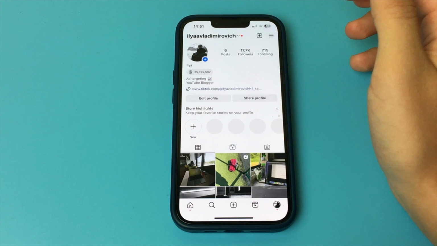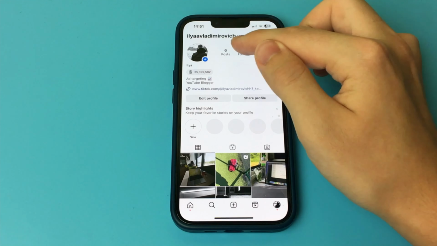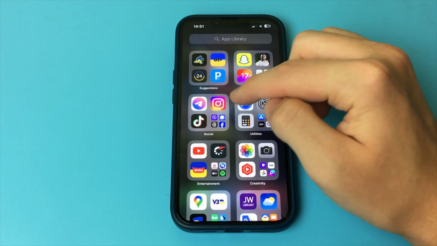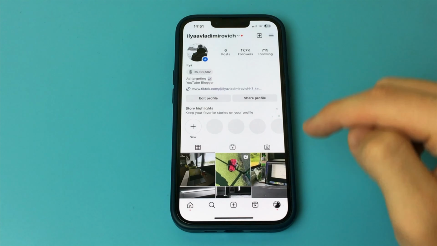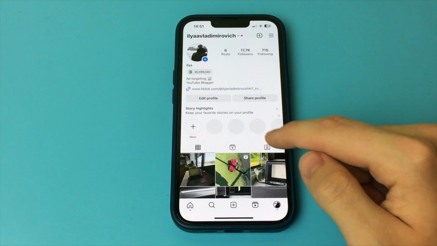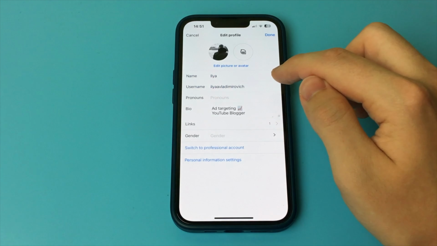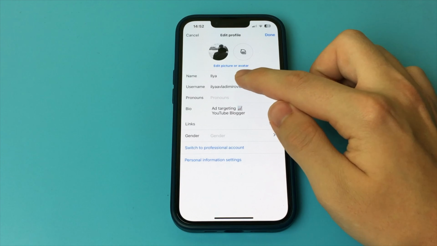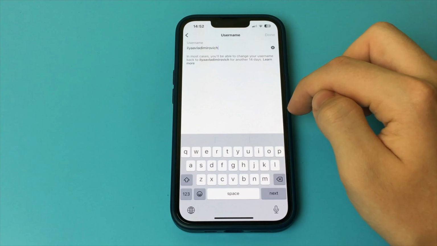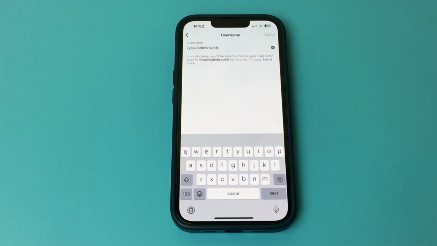Thank you. In this video, I want to show and tell you how to change your username in Instagram. Your Instagram account has a name that you can change. How do you do that? It's very simple. You go to your page and click Edit Profile. If you have a professional profile, the button will be a little lower. You click here, and here you see the item username. Click here, and we change our name.